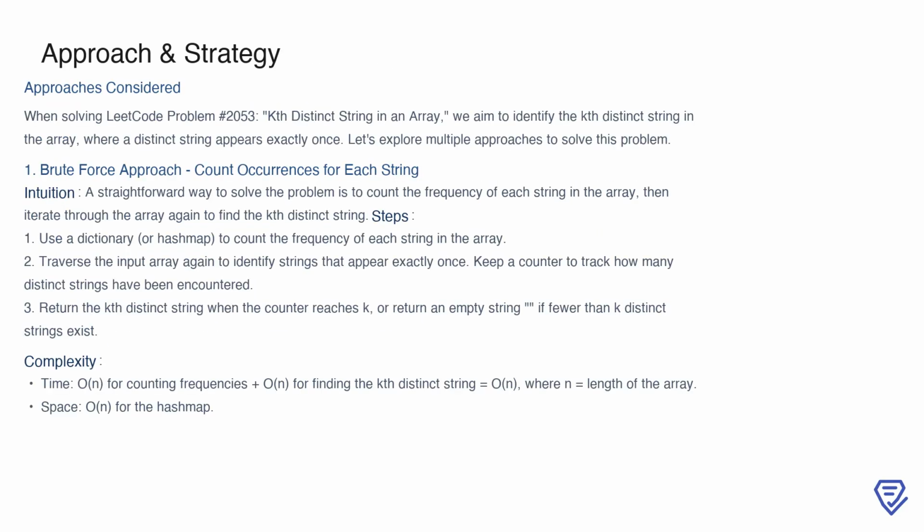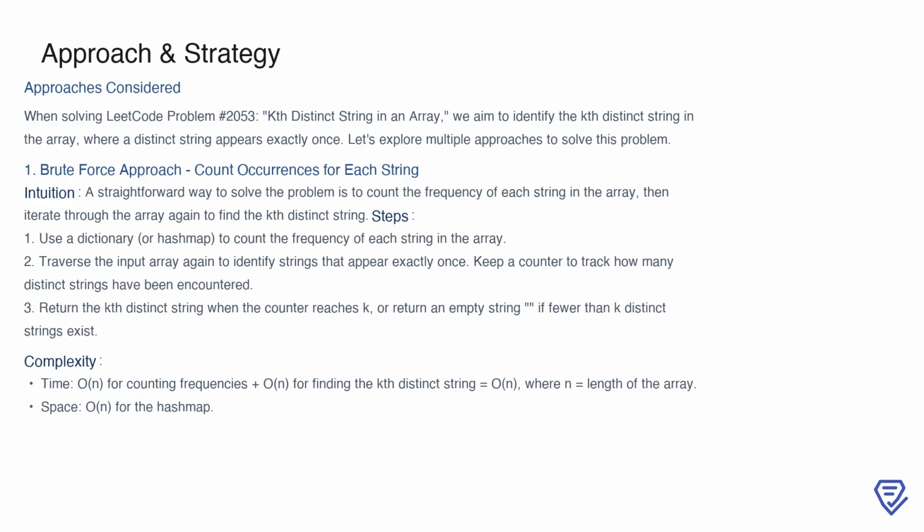When tackling LeetCode problem number 2053, the goal is to identify the kth distinct string in an array, where a distinct string is one that appears exactly once. To approach this, we can consider a few strategies. The first is the brute force approach, where we count the occurrences of each string in the array. This is done using a dictionary or hash map to record frequencies. Once we have those frequencies, we traverse the array a second time to identify strings that appear exactly once,